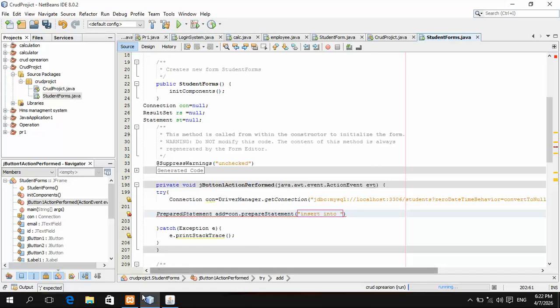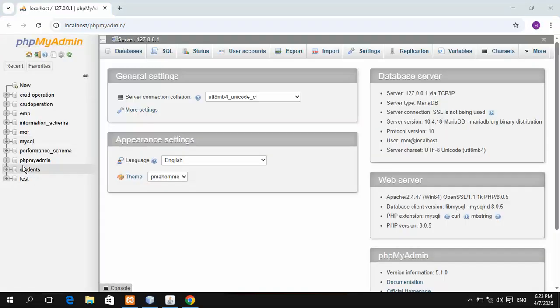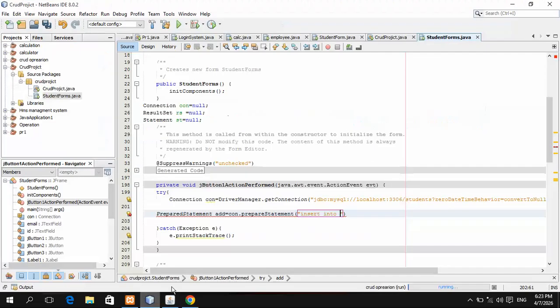For example, go to the database, click on admin. Click on students database, and the table name is student. So come here and write student values.